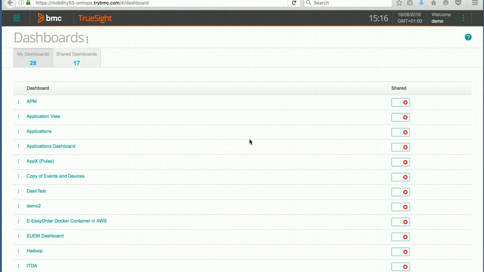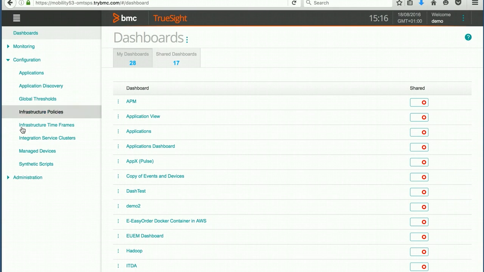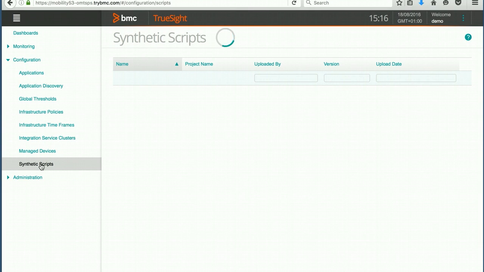So let's get started. You can see that I've logged into my TrueSight Operations console with a credential that is sufficient to do the work we need to do today. And I've landed at my default landing page, which is a list of my various dashboards. To get started, we're going to open up the navigation panel. We're going to go to configuration, and we're going to take a look at synthetic scripts that we do have